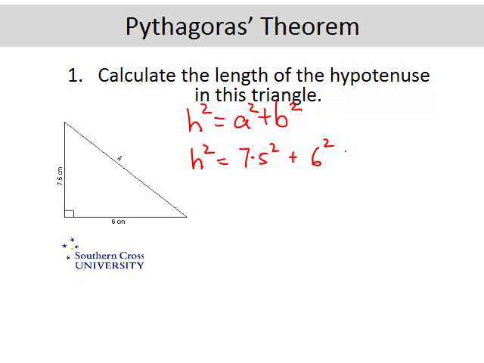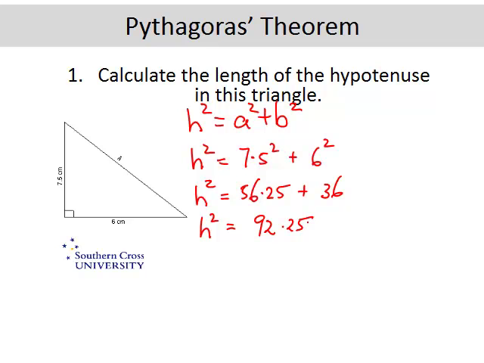It doesn't matter which way around they are. Pythagoras' theorem just talks about the other two sides. So we can attach a and b to whichever side we like. So expanding on that, 7.5 squared is 56.25 and 6 squared is 36. So h squared is equal to